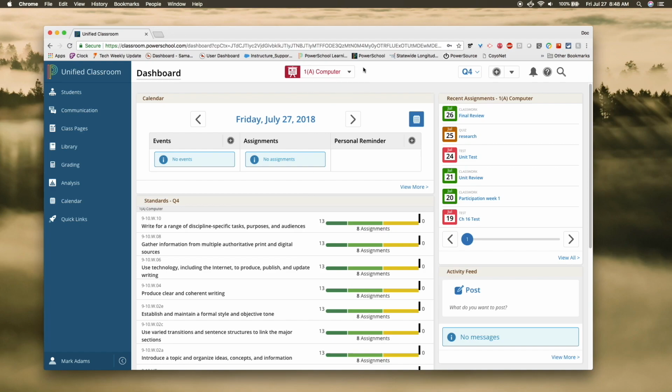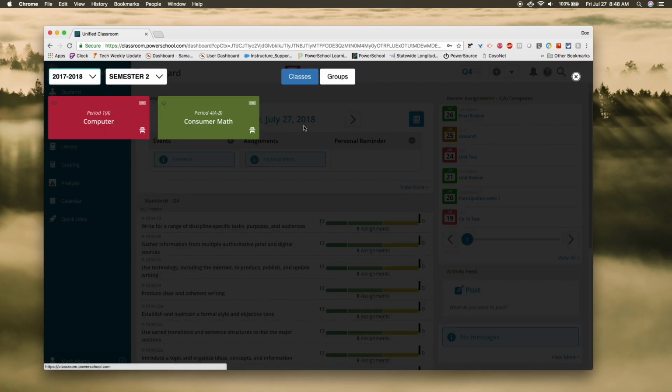But what you will want to take a look at is right up at the top, you've got access to all of your courses. You click on that and it'll have a list for every course period or class period you have. Also make note of the fact that you can change which year you're looking at and which semester you're looking at. So for instance, if I was